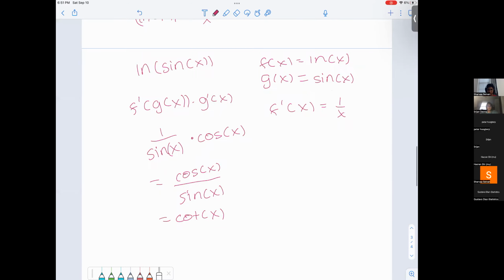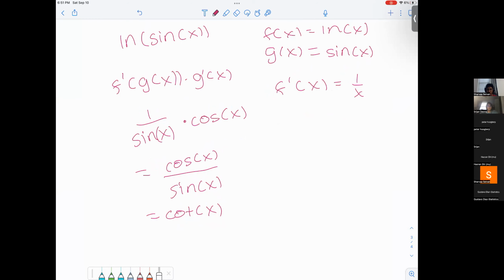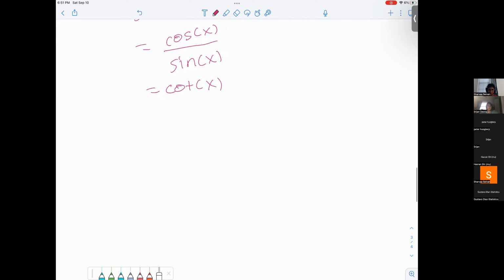The main thing to realize is once you know the derivative of ln of x is 1 over x, it just becomes a chain rule. But that's not what logarithmic differentiation is about, though. Logarithmic differentiation is very useful when you have a product of multiple things all at once and you want to